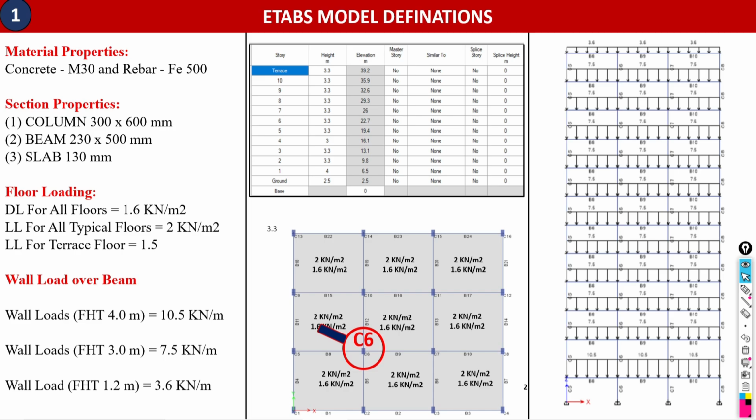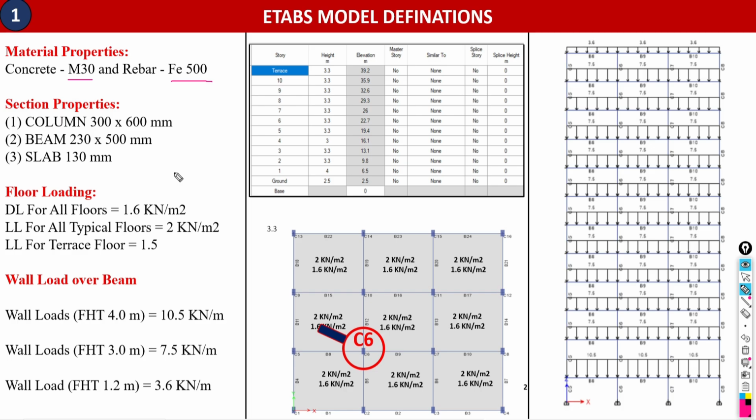Because for the purpose of modeling analysis, we need to take any particular software. So here I'm going to take the help of the ETABS software to have our model and our analysis results. As of now, we are going to model our structure in the ETABS software. What material properties have we considered for the proposed structure? M30 grade of concrete and Fe500 grade of steel.